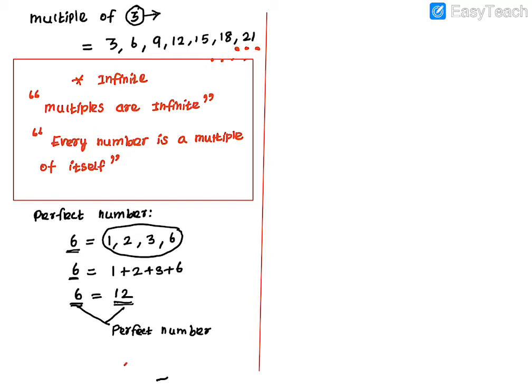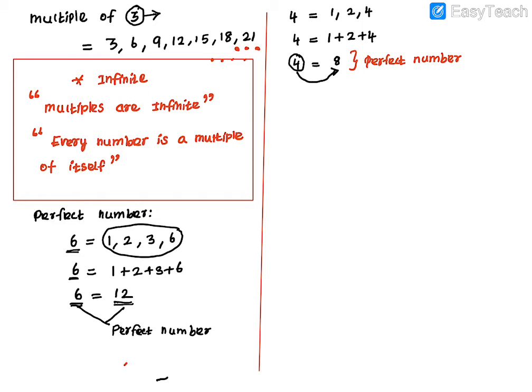Now if you look at one more number, I will take 4. What are the factors of 4? 1, 2, 4. Now add all those factors: 1 plus 2 plus 4. If you add all those numbers, 4 plus 2 plus 1, you will get 7. So this should be double of this number. So what number is given? 4. But what number are you getting? 8. 4 plus 4, 8. That means double of that number. So we can say this kind of number is called a perfect number.